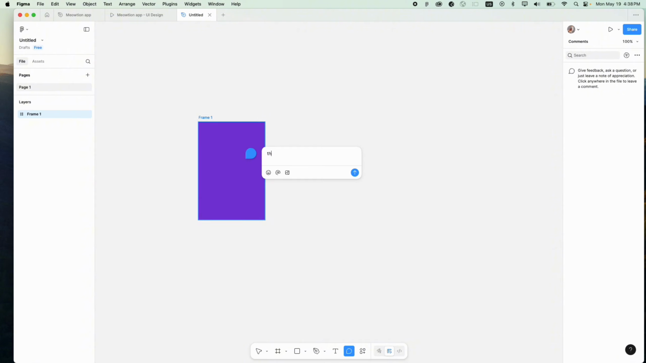Let's say this design is too purple, and you can click on add comment. And so when you hover over it again, you will see the comment that you just made. So this is very useful when you're working with someone else and you want to make a comment or